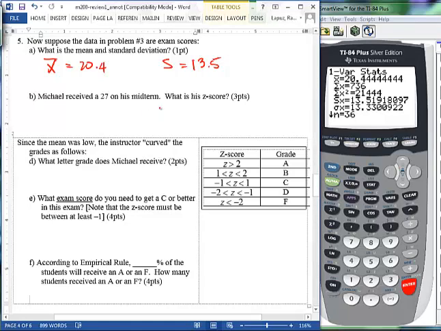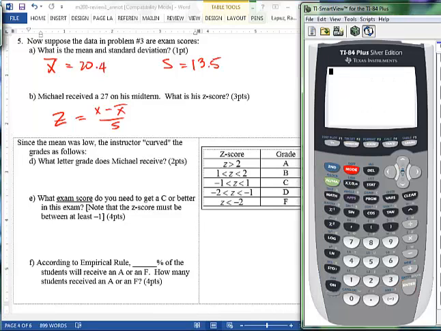Michael received a 27 on his midterm. What's his z-score? So the z-score formula is x minus x bar over s, or mu and sigma, depending if you're looking at the population. So with our calculators, let's put his score of 27 minus the mean 20.4 and divide that, after you hit enter, by 13.5, and we have 0.488